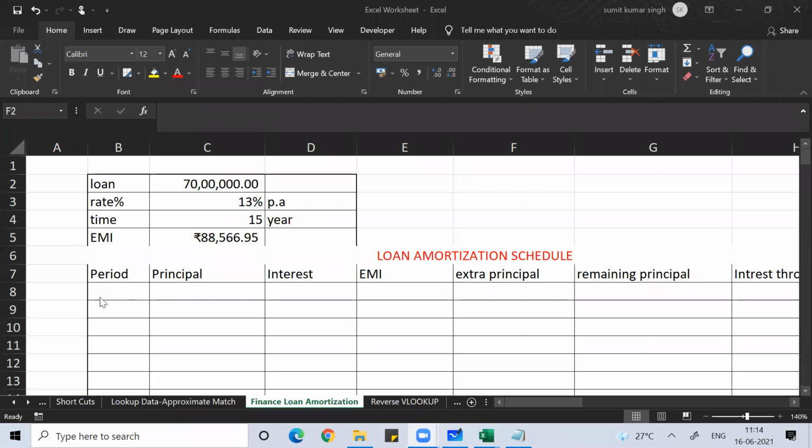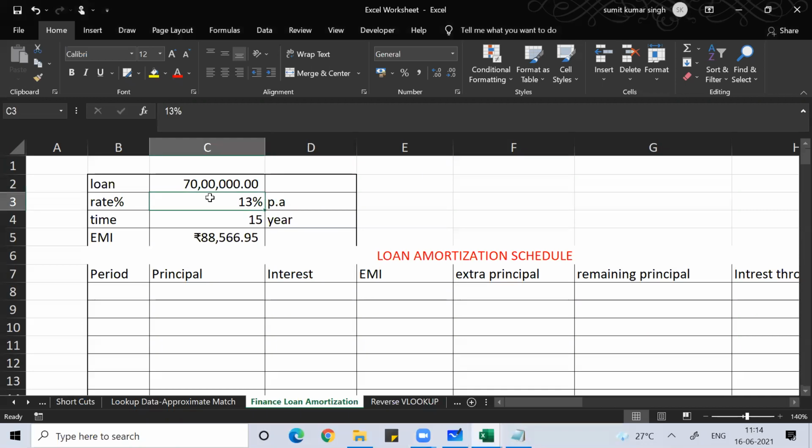What about others, guys? See, the very simple thing I'm asking you. The loan is 70 lakh rupees. The rate of interest the bank is telling is 13% per annum. The time is a 15-year loan I've taken.